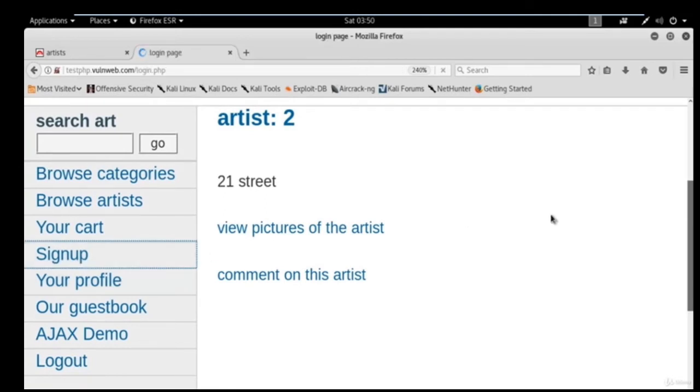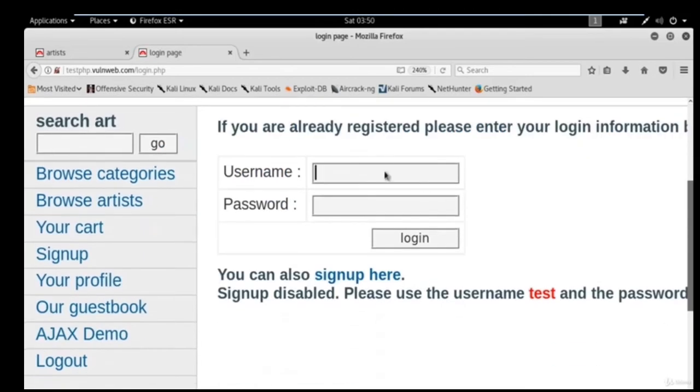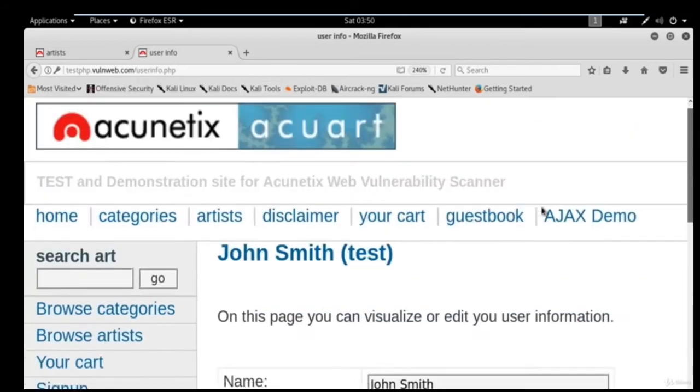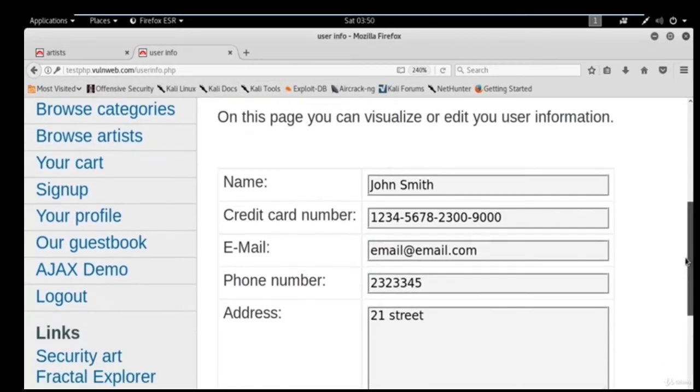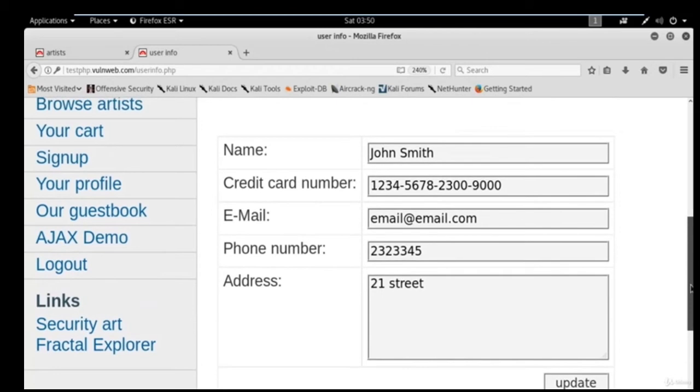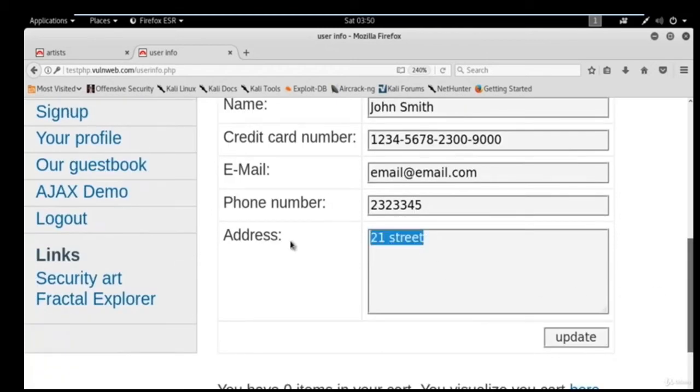Click on sign up, right? And here you can simply type the username which you have got, test. The password was also test. And now you can click login, and you can see here that you are inside the database of the website, right? You can change the address if you want. For example, if I change it to New Delhi, click on update,